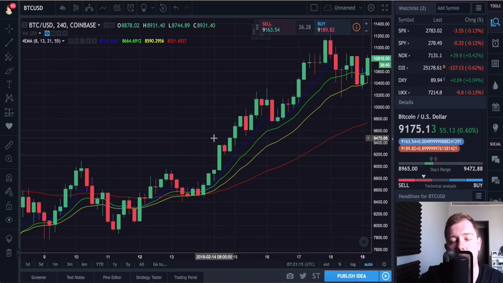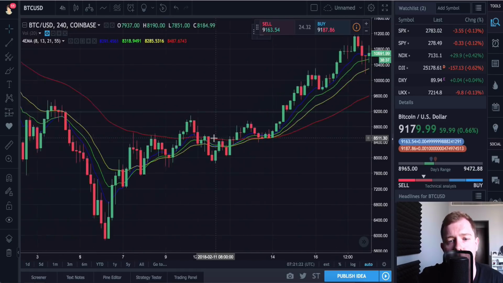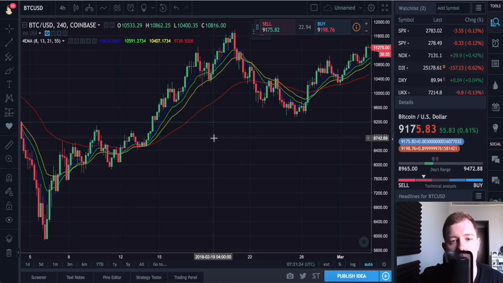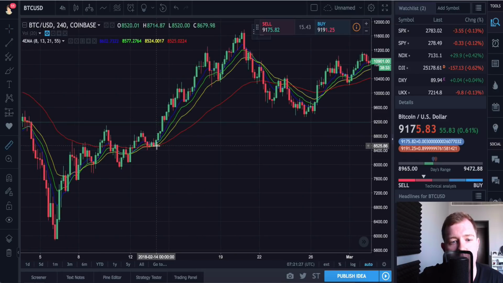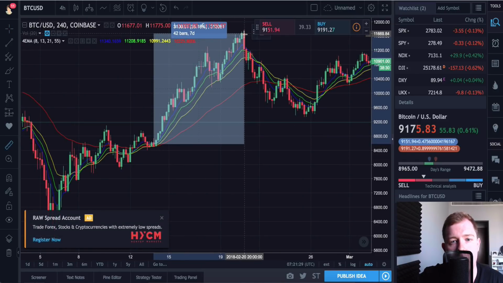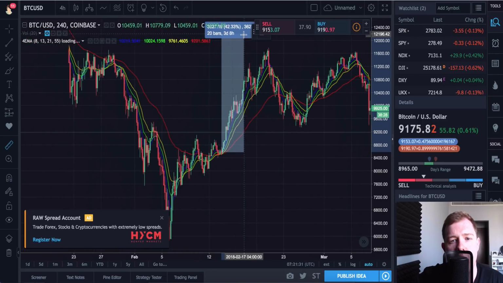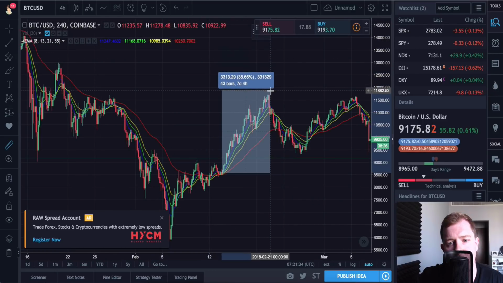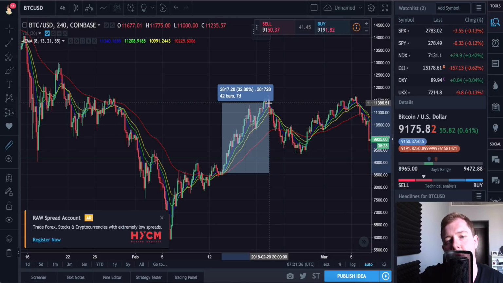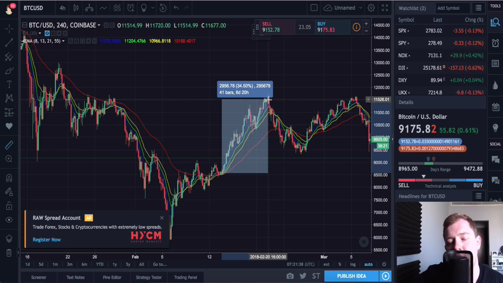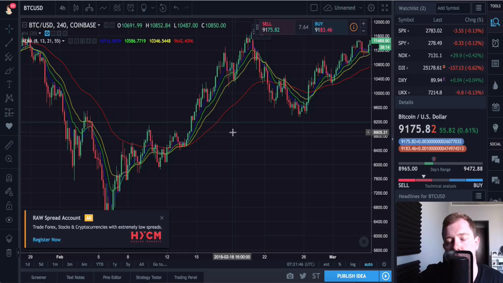So now what does that signal? As I said before, when these averages are in the color order that we want, that signals us to buy. Now, what would have happened if you would have bought here? If you would have bought here where they first crossed, let's go up here, you would have in fact, over a 6-day period, which is roughly average, it depends if you're day trading or swing trading, made approximately 35%. Now, you might think, okay, Jack, that's not that much, but if you're consistently making 35%,